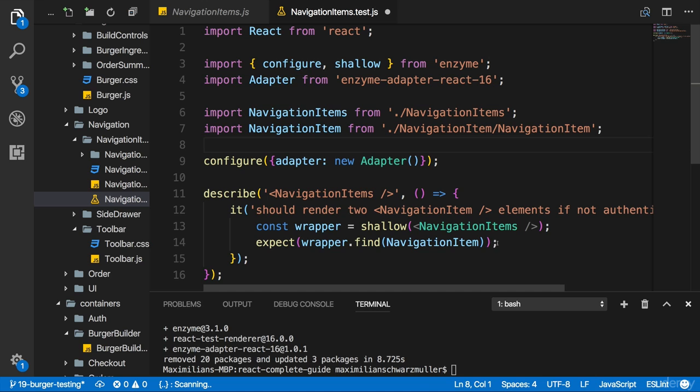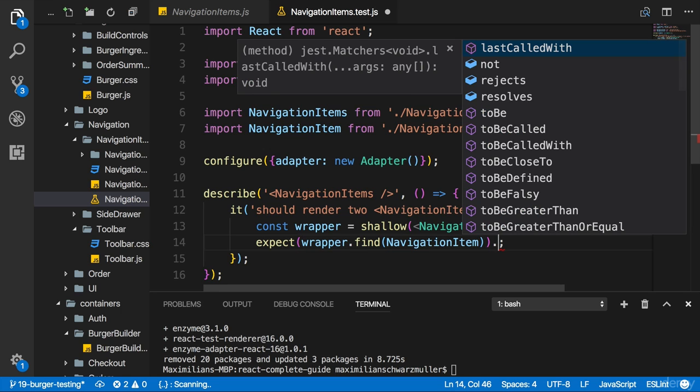Now, with that imported, we expect nothing right now. We just say what is our thing we want to check. We want to check if we find that, but what is our expectation then? You could say the expectation is that we do find it, but tests are a bit more flexible than this. You could expect that you find it only once or twice, or that you don't find it. Maybe you want to test for the opposite. So here we have to chain something to the expect call. These are utility methods made available by Jest. So we can expect to find the navigation item, as we said earlier, 2 times if we're not authenticated.